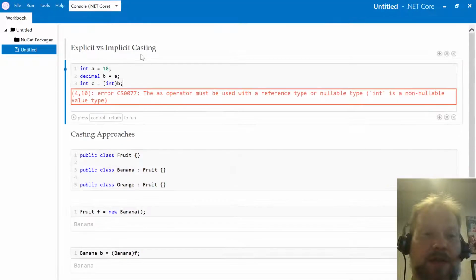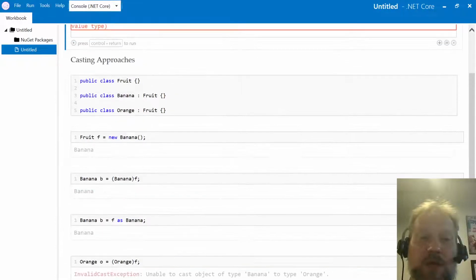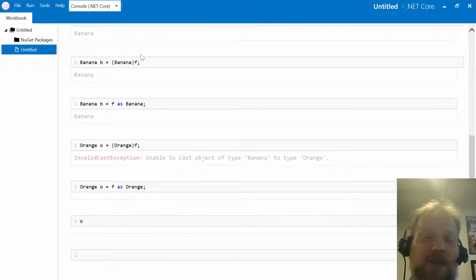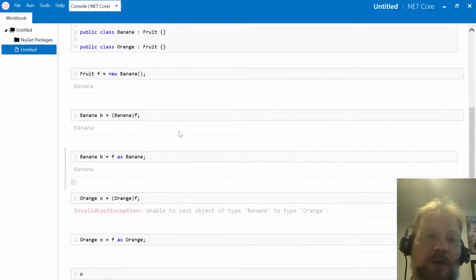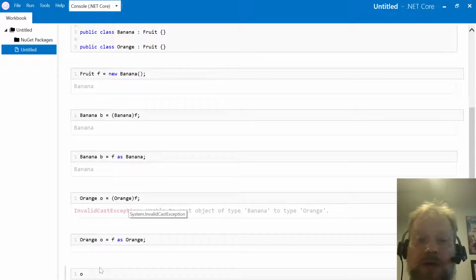All right, so that hopefully helps clear up any questions you have about that. Remember, explicit casting means you're explicitly telling the program that you're going to perform the cast. Implicit means the program just does the cast for you because it's not throwing away any information, or there's not a question about is that actually something I can do. And remember, these kinds of casting errors, exceptions, or not being able to cast,